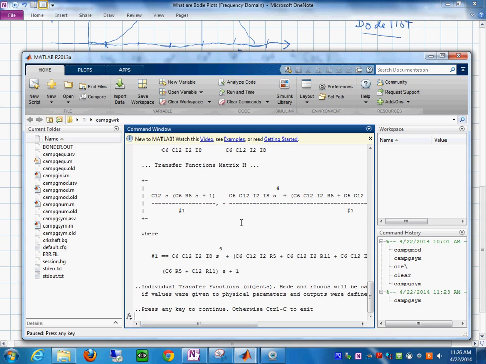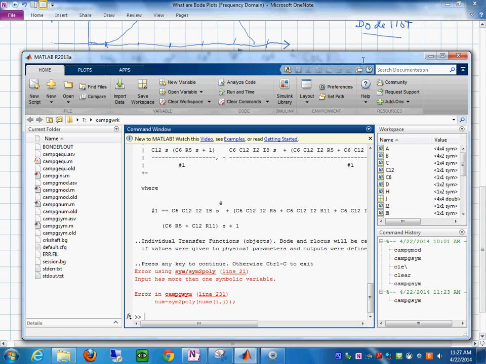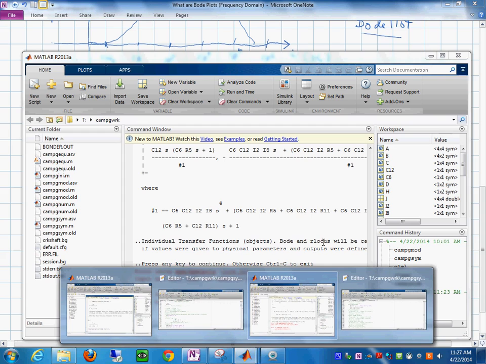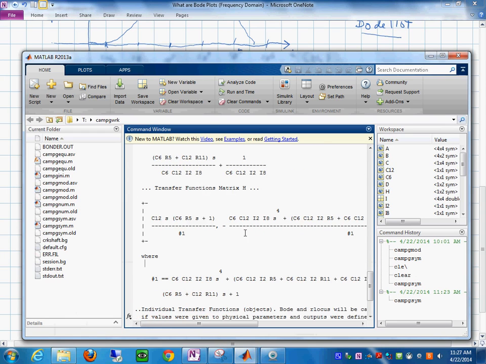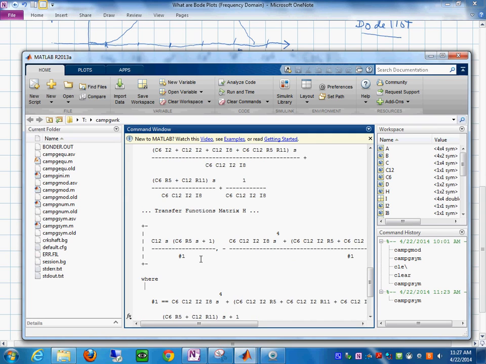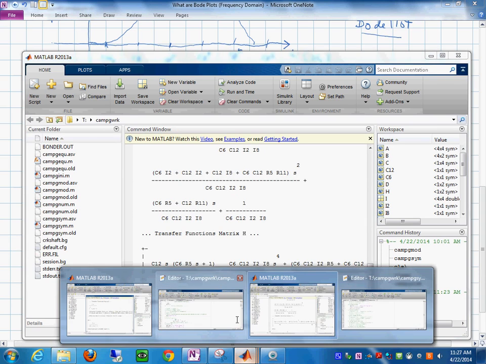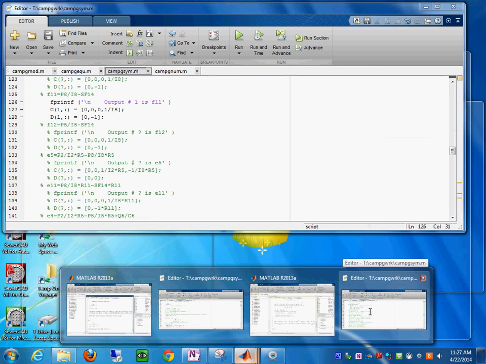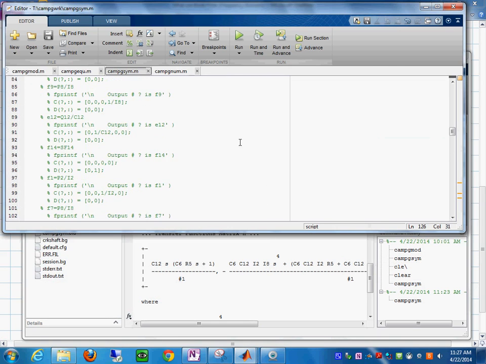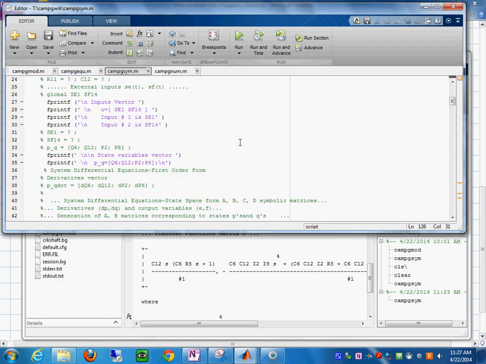So we don't have any numbers, so I expect MATLAB to just stop there. But what I can do is, so up to now, we have obtained the transfer function of the system, and now we need to obtain the frequency response. But to do that, to get those Bode plots, we need to give some values to the physical parameters. Otherwise, how are we going to do this? So I think we need to go back over here and up here to give the